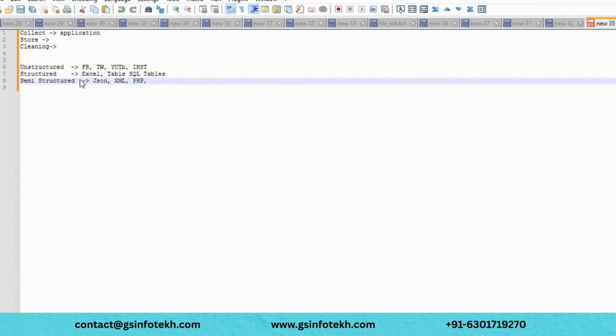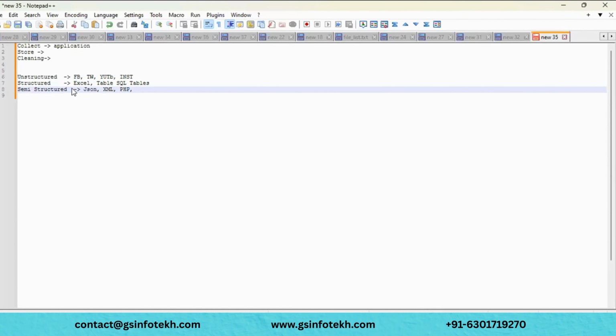XML, JSON, Python scripts, PHP, these kinds of data are semi-structured, because we can read and understand them, but when you see the data, you can't read it directly. You have to do some analysis. If you have some coding knowledge, then you can understand it, but people who do not have coding knowledge can't understand it directly. So that is categorized as semi-structured data.